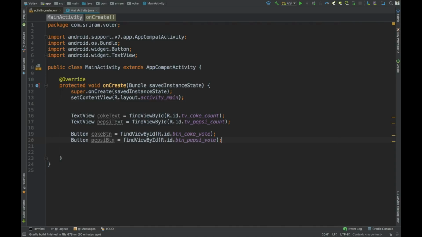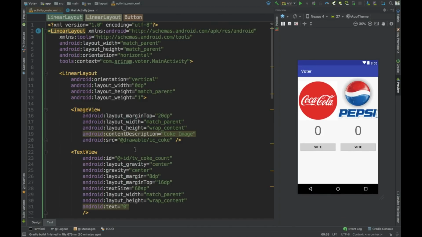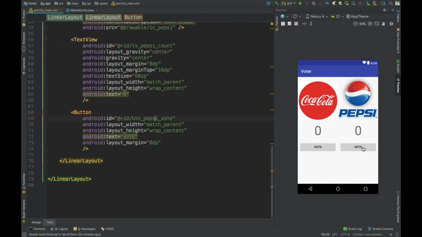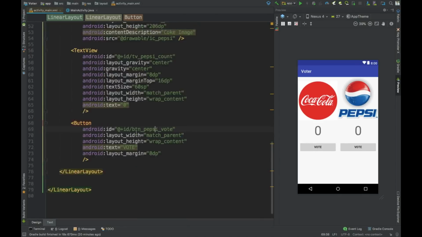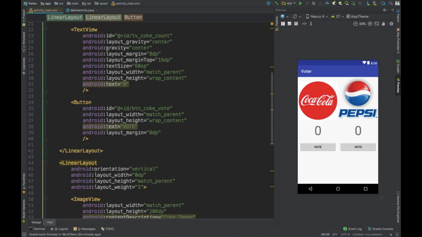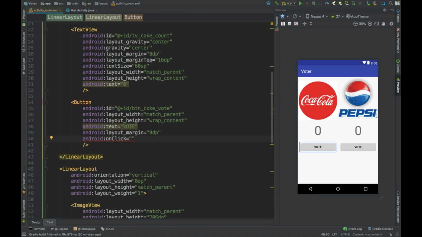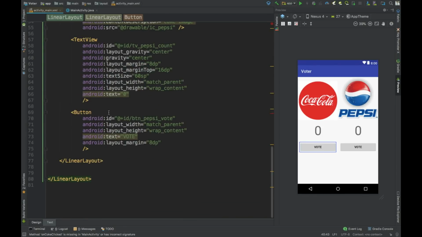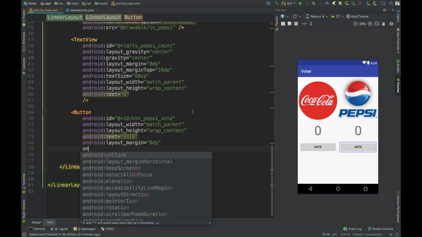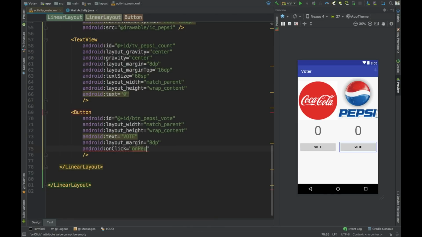All right, we've referenced the text views and the buttons. Now, if you go back and look at the main activity file, if they click on the vote buttons, this number should increase. So we'll have the onClick property. On click we'll have a method called onCokeClicked. This warning is because we haven't defined the method in Java; we'll define it in a moment. Here we'll have the onClick of onPepsiClicked. All right, so let's go to